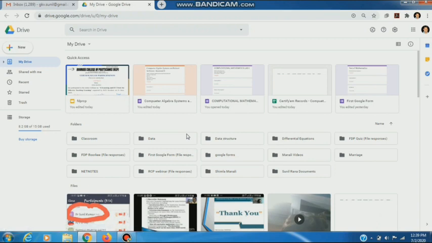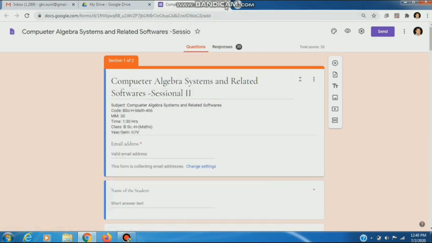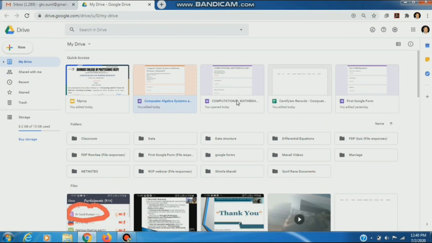As we have already discussed how to create Google forms and how to create Google quizzes in our previous video, so we will use any of our previously created Google forms. Suppose I choose this computer algebra. For this we have already created a Google form.